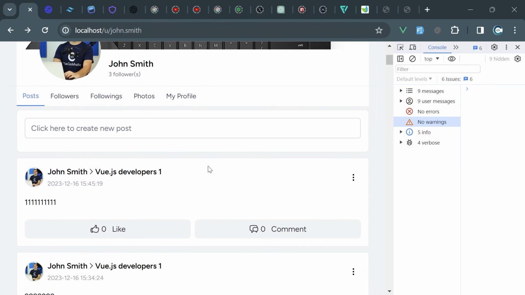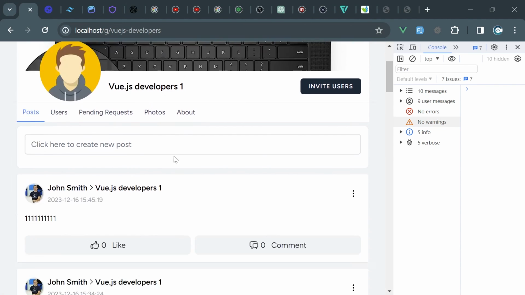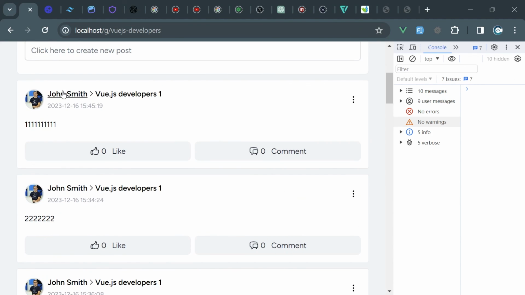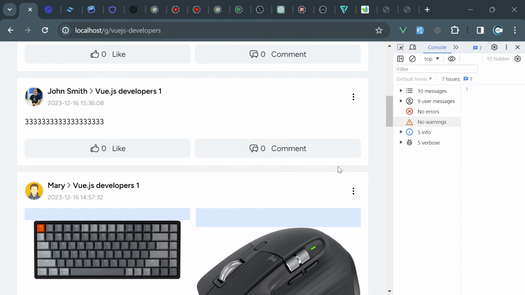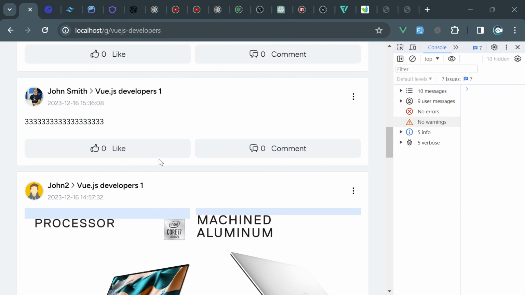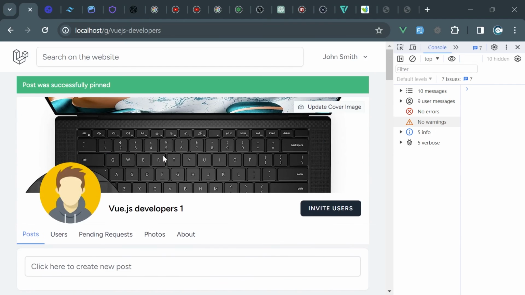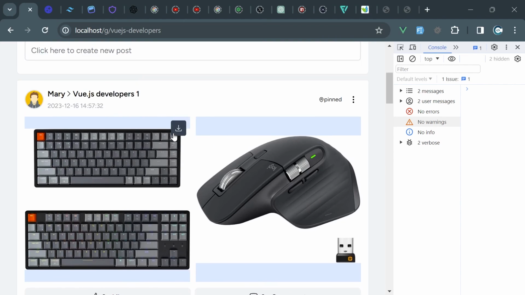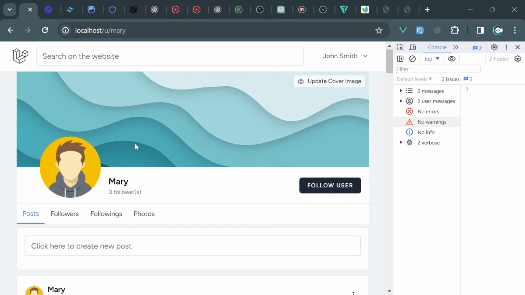implemented this functionality for the user's profile page, my personal page, and for the groups as well. It is more common to implement this on the groups. However, I'm going to pin this specific post, which is Mary's post, for the Vue.js developers. We can see that here. But if I try to check the Mary's profile page,